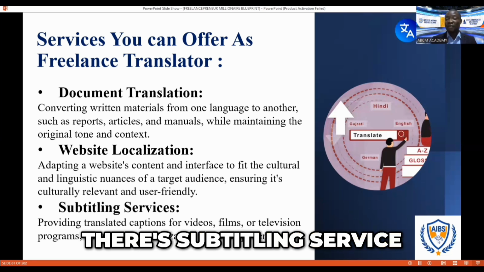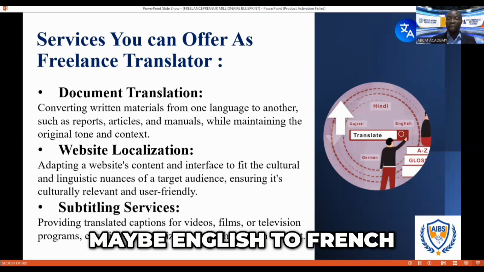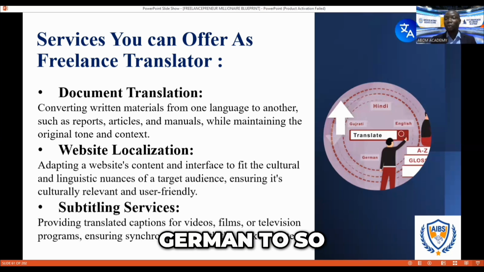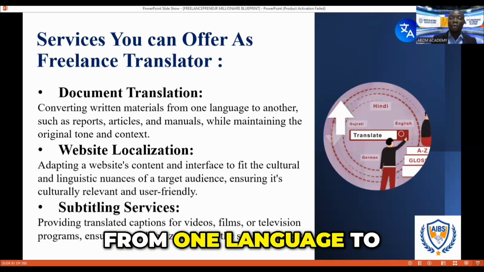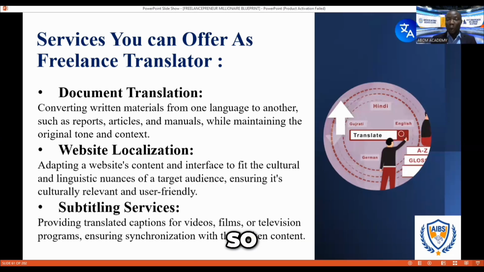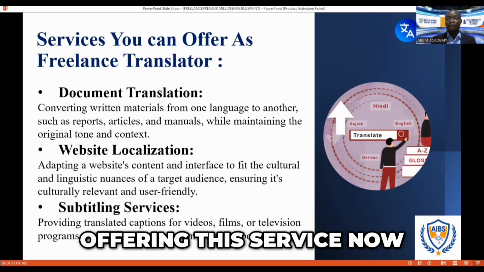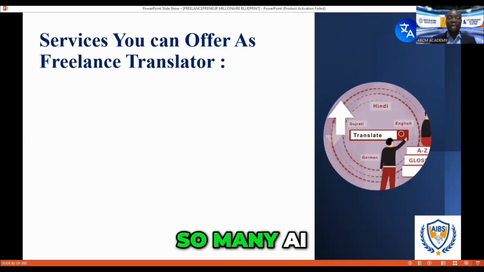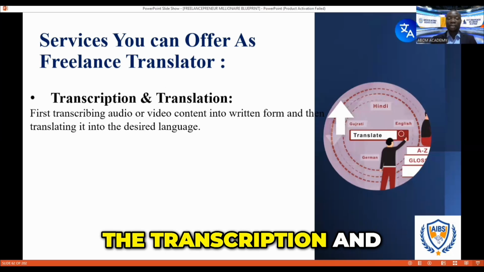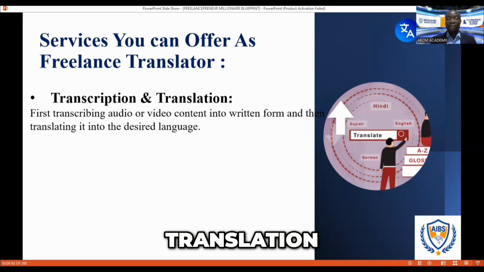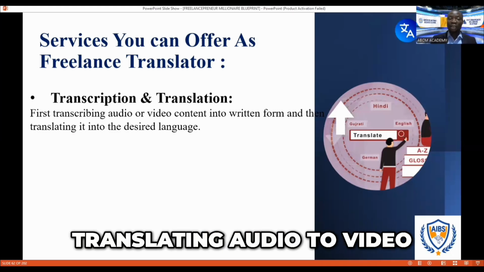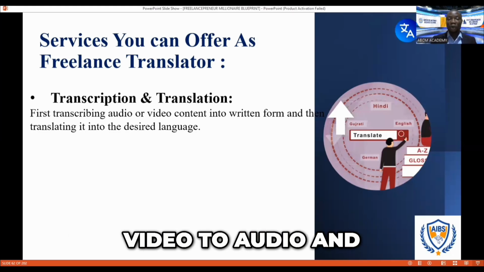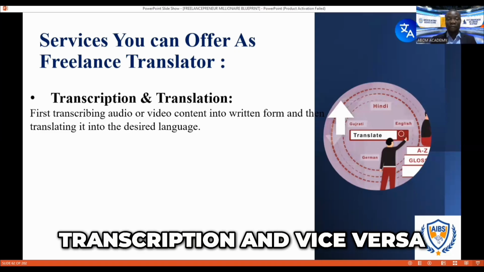There's subtitling service. You can subtitle maybe English to French, to German, so you can subtitle from one language to another. When you offer this service, they will pay you and you do the subtitle. And there are so many AI tools you can use. There's also transcription and translation, like translating audio to video, video to audio, and transcription and vice versa.